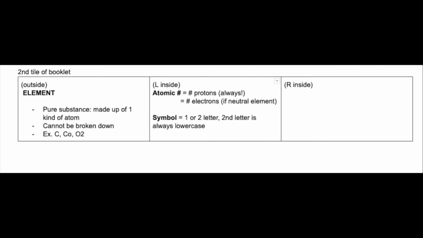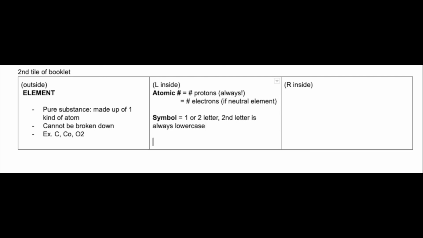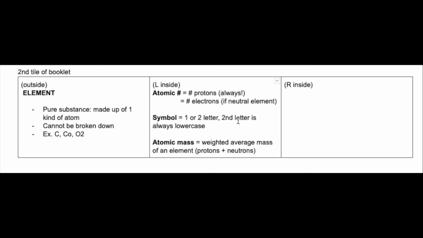This one is a little self-explanatory, but our symbol is going to be made up of one or two letters, and if there are two letters, then the second letter is always going to be lowercase. Lastly, our final term is going to be the atomic mass. The important thing about your atomic mass is this is the weighted average mass of an element. So go ahead and underline or highlight whatever you need to remember that your atomic mass is the weighted average